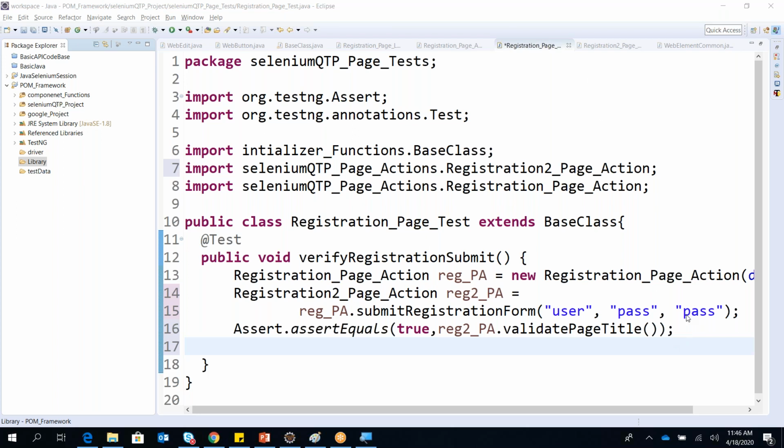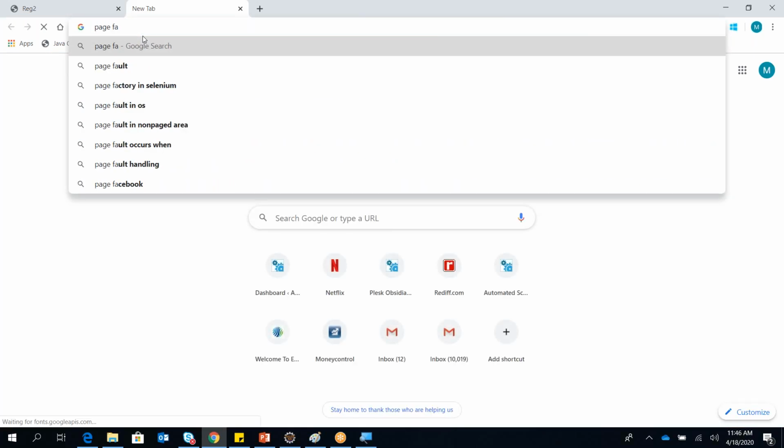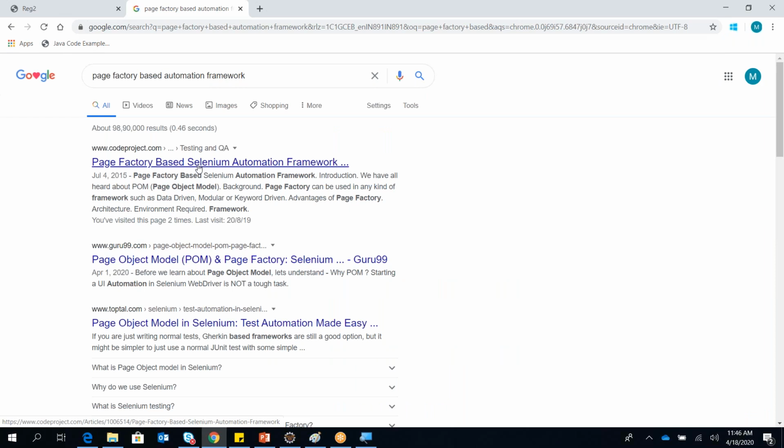Okay, so I can see some of the questions. Framework structure. So if you can see, this is our structure. Most of the structure is your component functions, your Selenium QTP, your projects. So your common initializer functions, those are implemented. If you wanted to go into more detail about that structure, you can search on Google, page factory based automation framework. You can find one of my blogs there.